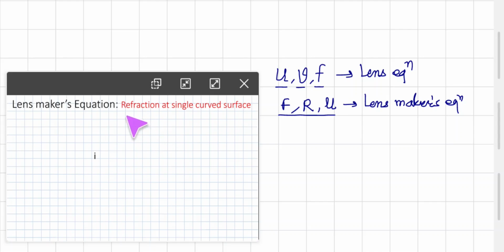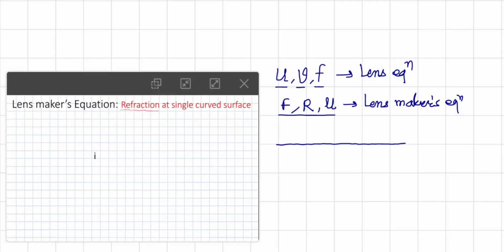So see, when we talk about refraction, a simple thing is there. If this is a ray which is passing through the air medium, it will continuously go in a straight direction. But suppose we put in another material. Let us consider this is a glass slab. So here the medium is air and here it is glass.